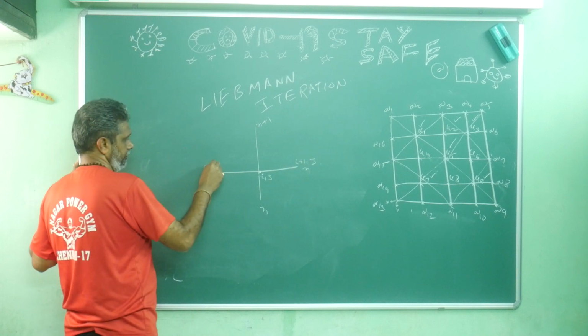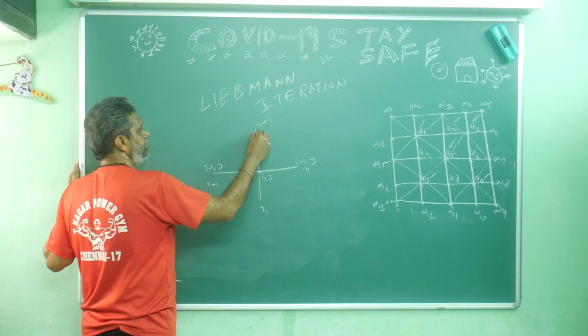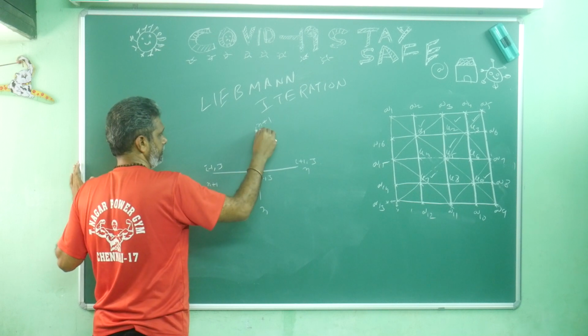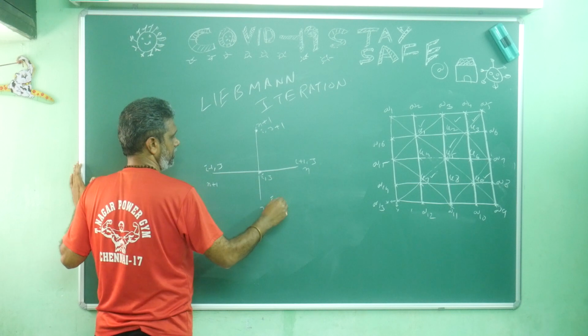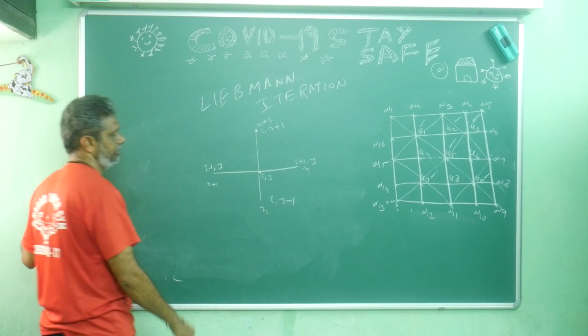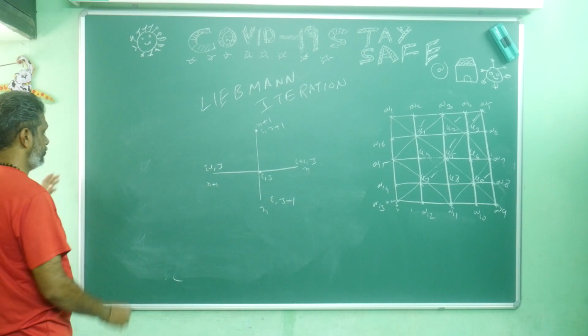This is i minus 1 comma j. This point is i comma j plus 1. This is i comma j minus 1. So how can you actually write